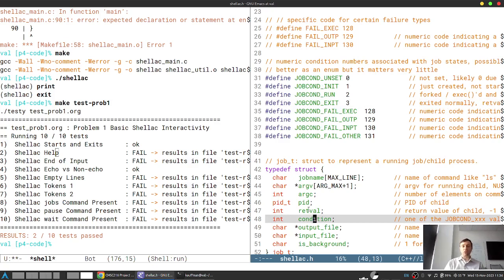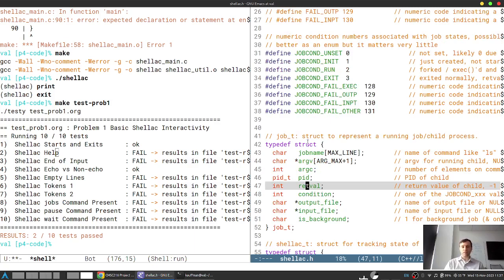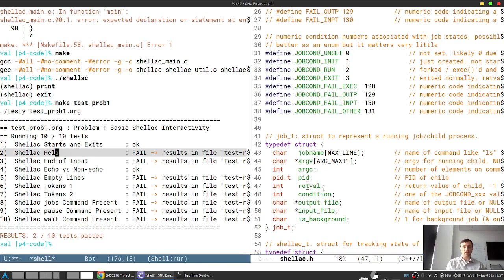And they're distinguished from, this program returned 0 to indicate success, or this program returned 1 to indicate a failure of some type. So what condition you're in: running, well, I don't expect this return value to be anything. What condition are you in: you exited, well, then I can expect you to be something. What condition are you in: you failed, this will probably be a -1. But manipulating this job_t struct is the first thrust of problem 2, where you'll build out the functions